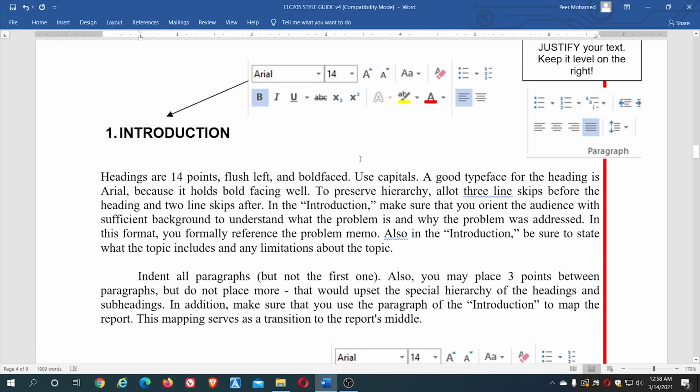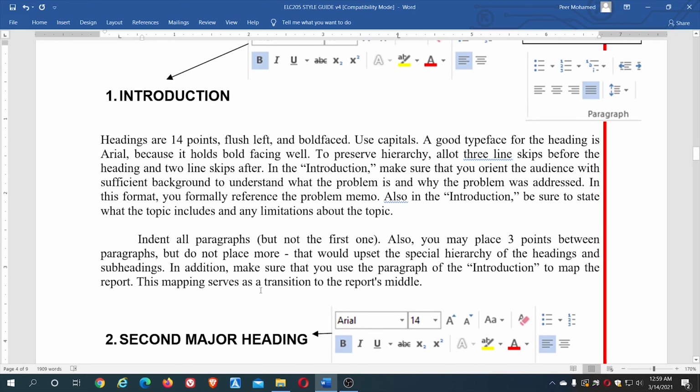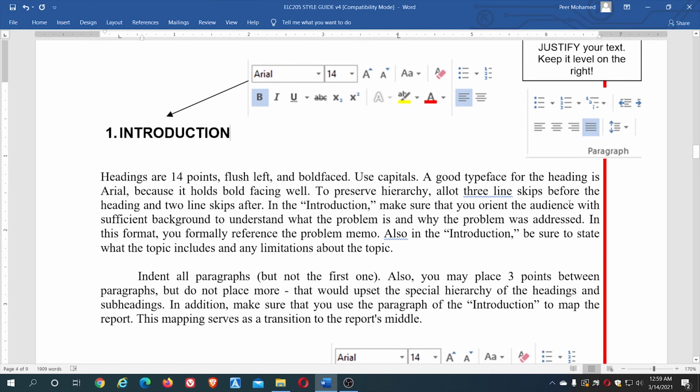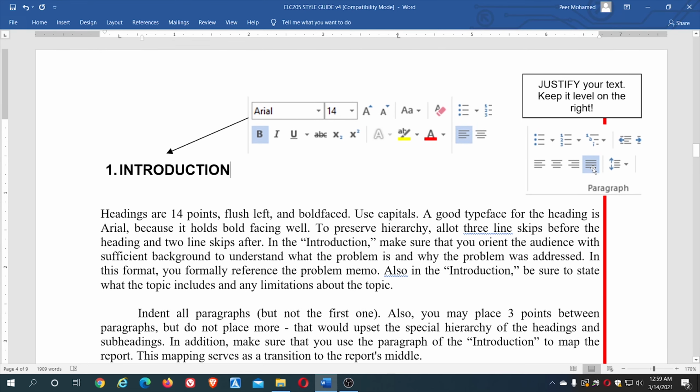The first chapter. You can see the introduction. The title is written in Arial, font size 14, and it is bold. You can see here clearly. Okay. And when you are typing your matter, I mean all the paragraphs, you should justify. Mostly you will be typing in Microsoft Word. There is an option there: this is left aligned, this is middle aligned, this is right aligned, and this is justified. Justified align means it will adjust on the left and make alignment on the right, so it looks beautiful.